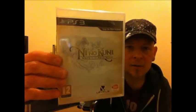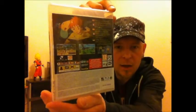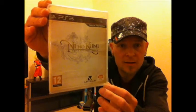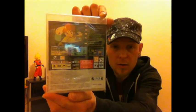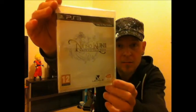Right, firstly, the most obvious, which is the Ni no Kuni game, obviously still sealed because I haven't yet opened it and checked it out. I think you just have the game disc and some download content within this case, because I've just noticed there's a book on top of this. So there's your game disc and box,